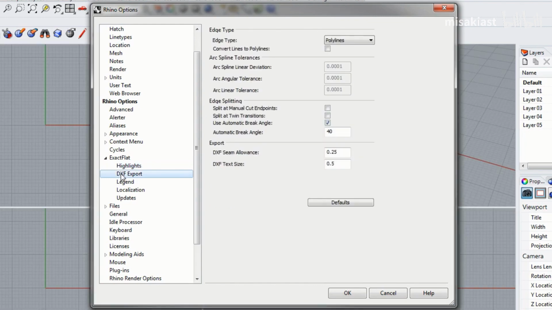Moving on to DXF export, we can change the behavior of the way DXFs are created by changing these options in the ExactFlat menu. The edge type refers to the type of DXF entities used to create the edges, both cut edges and seam edges in the ExactFlat DXF. We have a number of different options here, with the default being polylines. A polyline output works extremely well for AccuMark and will produce polylines to represent all the cut edges and seam